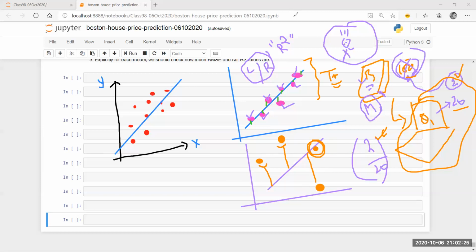We want our model to be something like this. In this model also, there are a lot of points which are very far away from the best fit line, which is okay for me. Why? Because my best fit line has to generalize. The person may or may not be getting very good marks in each and every exam. That's not my objective. My objective is the person should have understood the concepts to whatsoever extent he has understood them. I don't expect every student of mine to be like Albert Einstein and remember everything. Maybe even he did not remember everything, because he once said that I don't need to know everything. I just need to know where to find it when I need it.